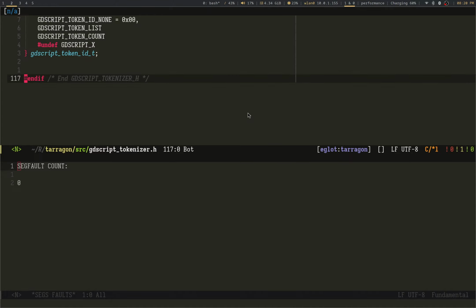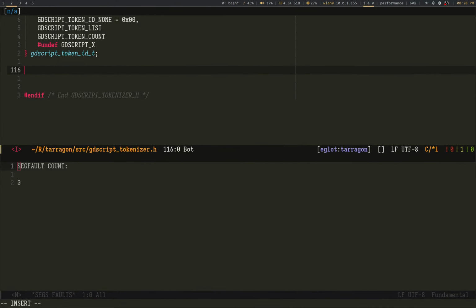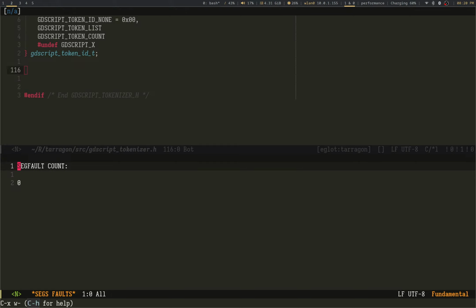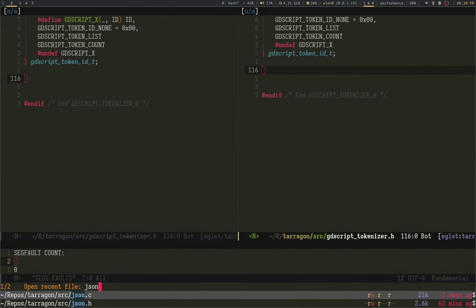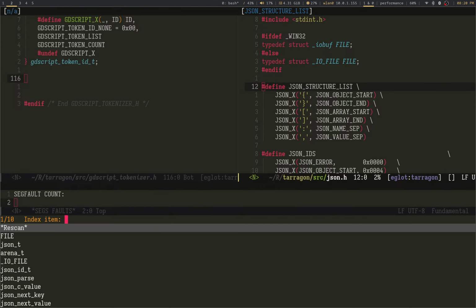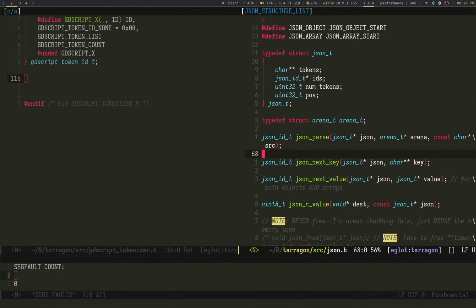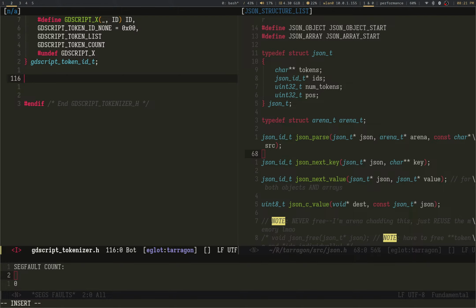All right. So how's it going to work? We're going to, I would love, actually, I do have MemMap now, so I have the power. Well, let's just take a little cheeky little peek at JSON.h. When in doubt, just refer back to your previous work. Okay, whatever. JSON ID parse.